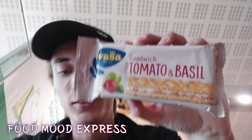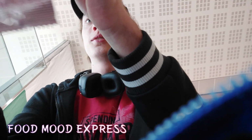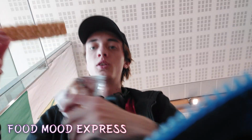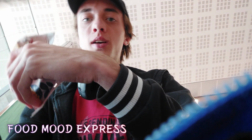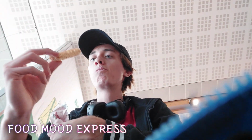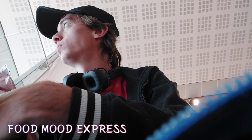Found myself a quiet spot here. So I guess I'm gonna be chilling here for a couple of minutes, then I'm gonna go to the toilet and check to see if my gate's been officially announced. But now it's time for food mode, because I bought this in Arlanda, Stockholm. This is supposed to be some kind of a cracker with tomato and basil, so let's try it out. Oh yeah, this looks nice. I didn't expect there to be actually this kind of a layer of the basil tomato paste. It's a bit dry, but